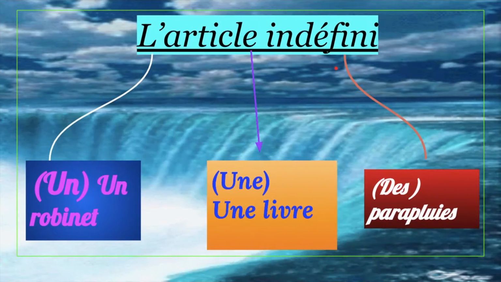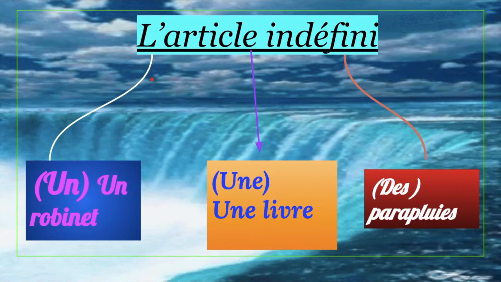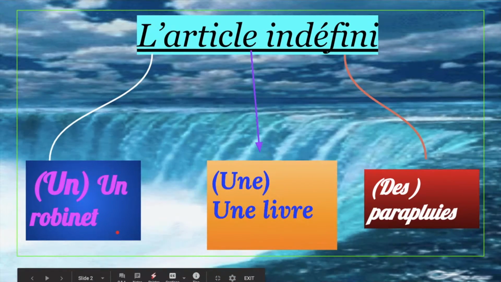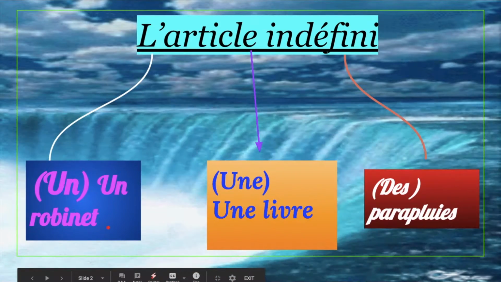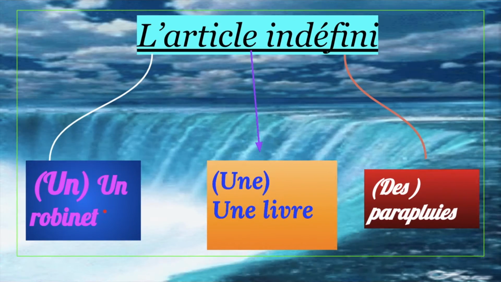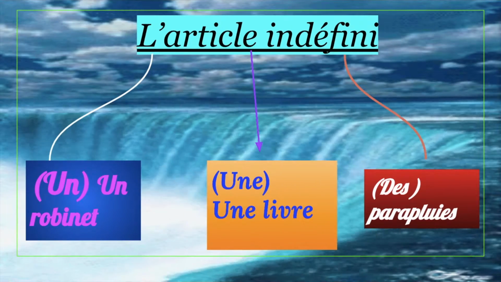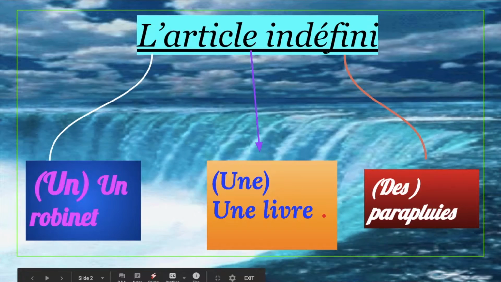Les articles indéfinis are mainly divided into three groups depending on their characteristics and the differences. Un robinet means a tap, which is masculine. So there is no gender for a living being in French; there is gender for all the nouns in French. Please note that. So un robinet means a tap, whereas the next one is